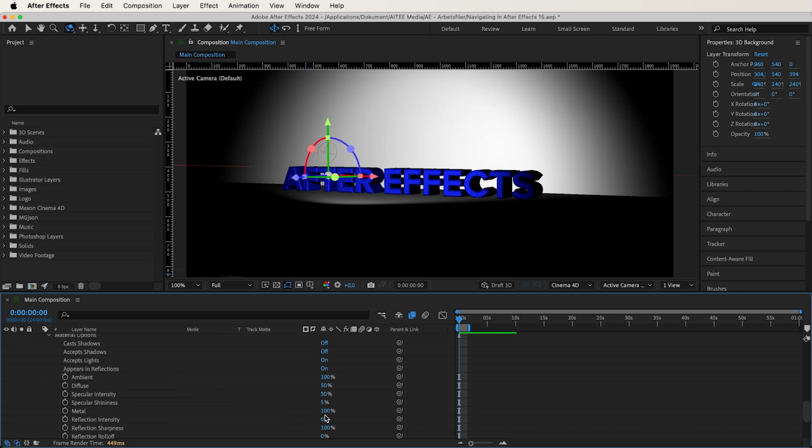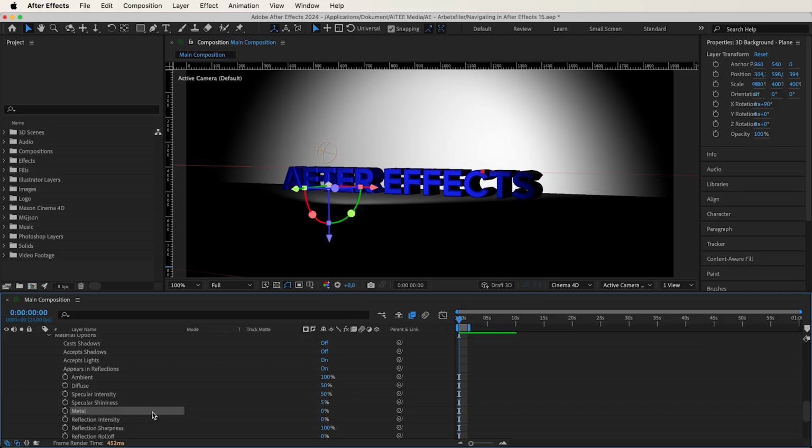And dragging down metal to 0 and indicate how much of a surface will change the color dependent on the mirror-like reflected light. The last two changes aren't a must, but more of visual preferences. And there's an option to switch on and off